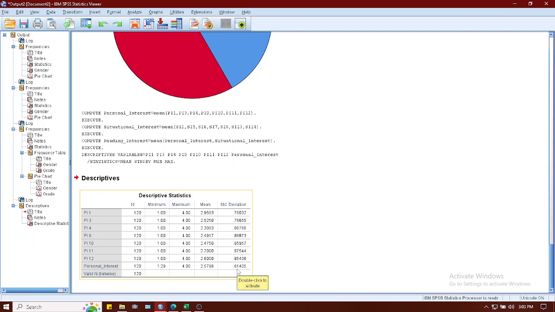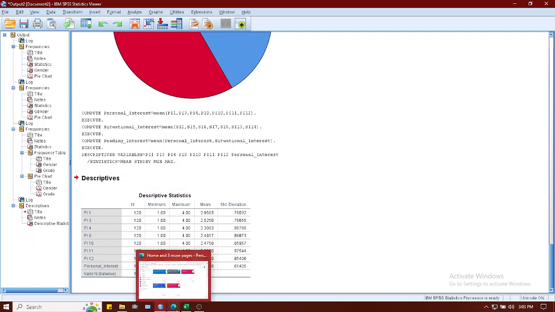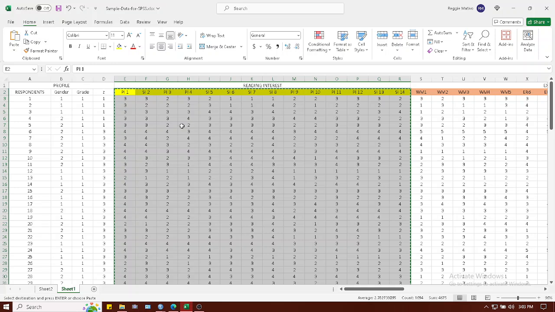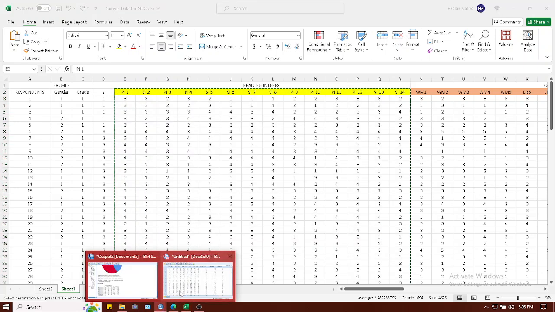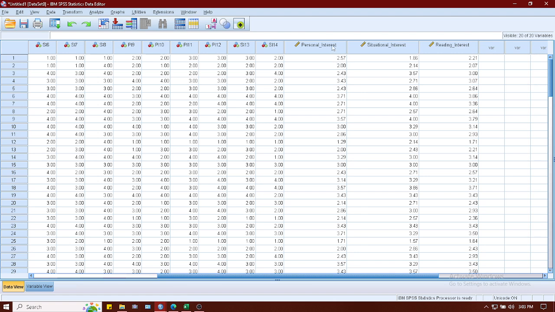So every time you use the mean, don't forget to put with it the standard deviation in your report in chapter 4. So that is how to transfer these variables to SPSS, and then getting their personal interest mean, situational interest mean, and reading interest mean using the Transform menu in SPSS.